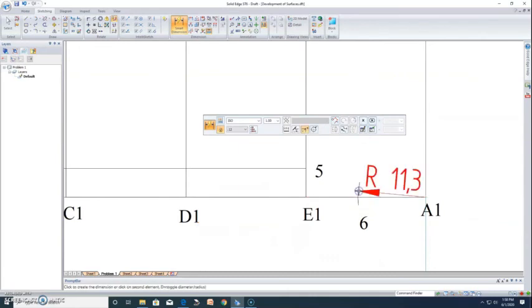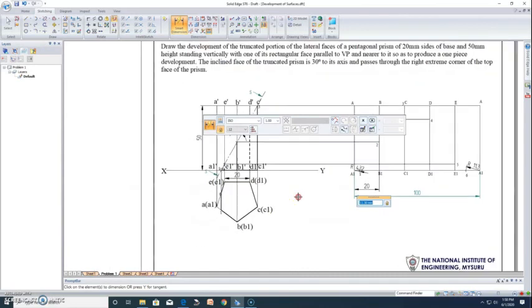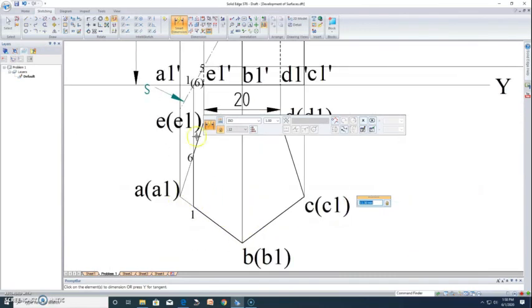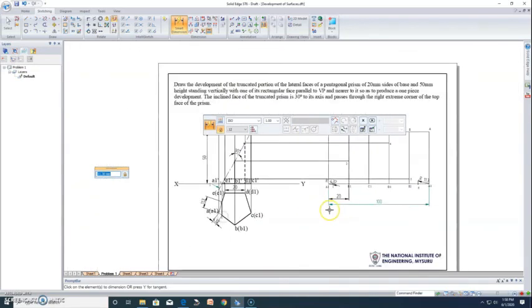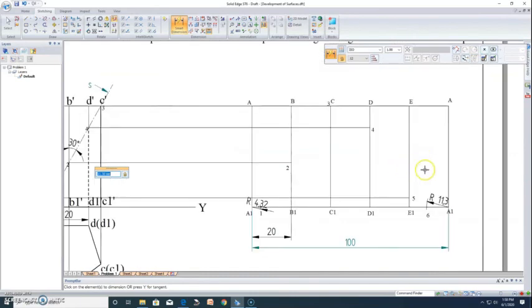Similarly, this is 11.3, which we got from the top view here. So I'll again dimension this. You can see here this is 4.32 and this is 11.3. So this is how we get all the points on the development.